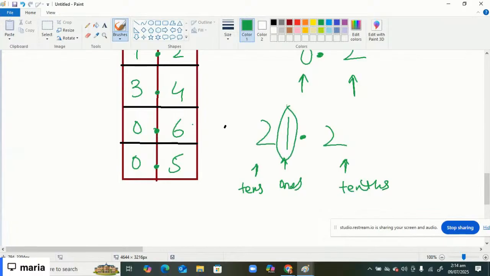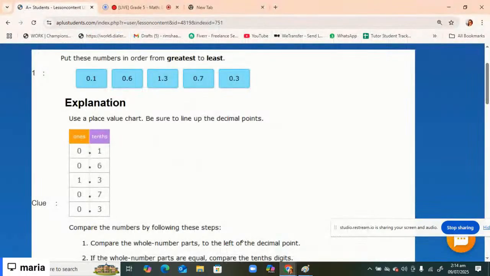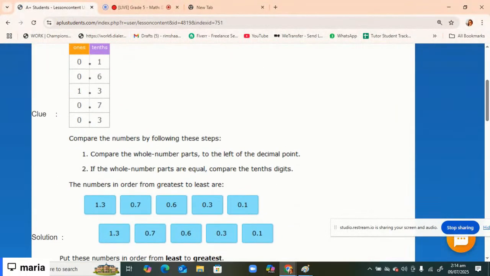First we always check the ones place digit and then we check the tenths place digit. Okay, in that one they are saying that compare the numbers by following these steps. Compare the whole number parts, so the left of the decimal point. So first we can see the